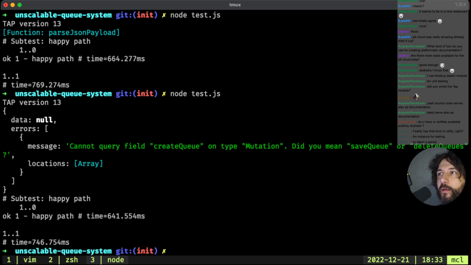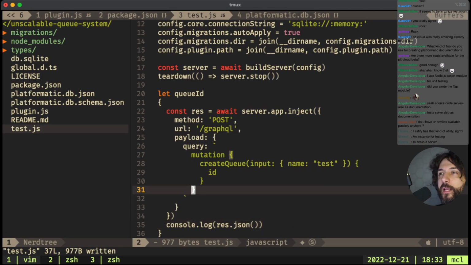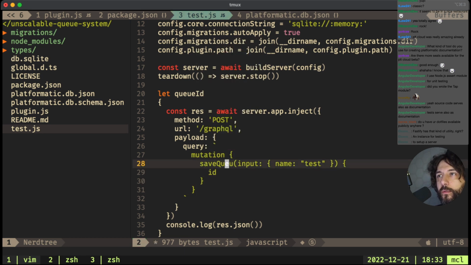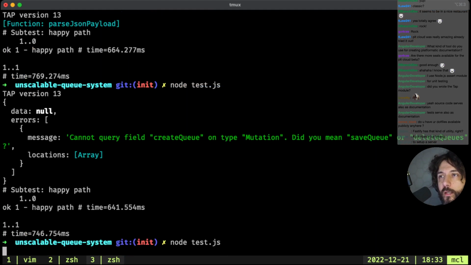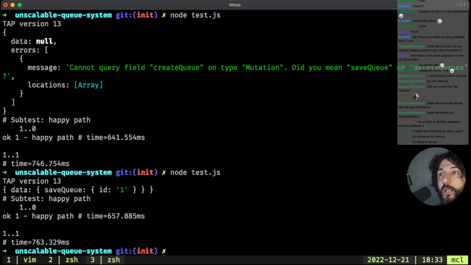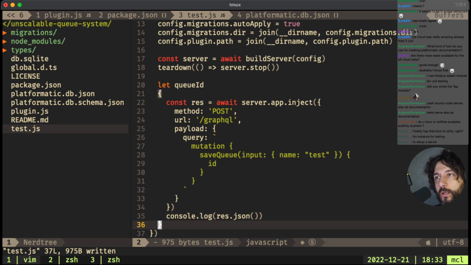It's create mutation. Oh, not create queue. It's save queue. Okay, and yeah, it's working.